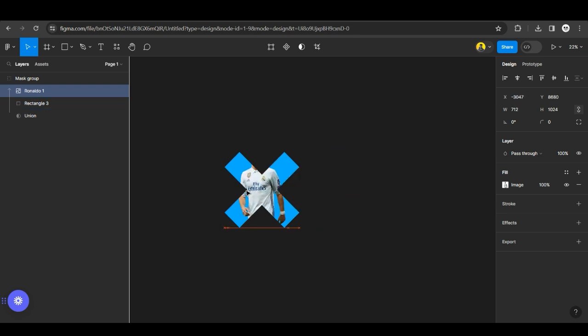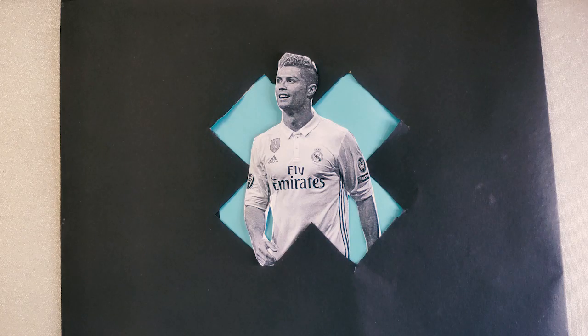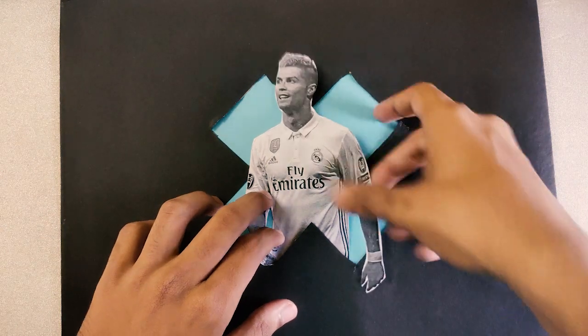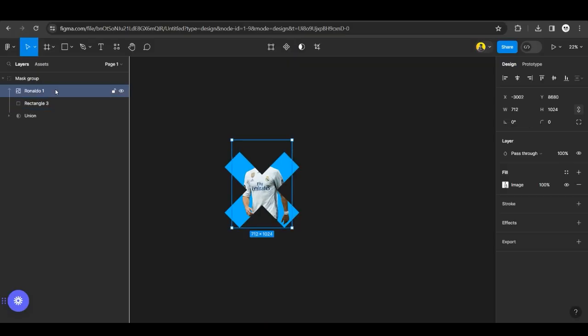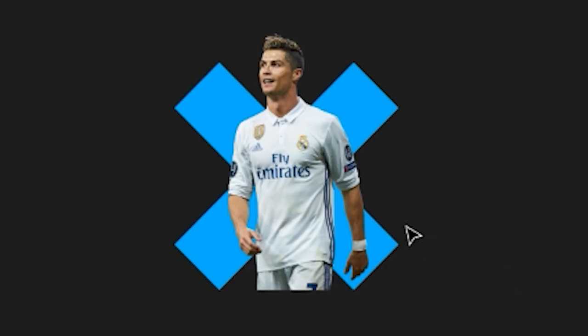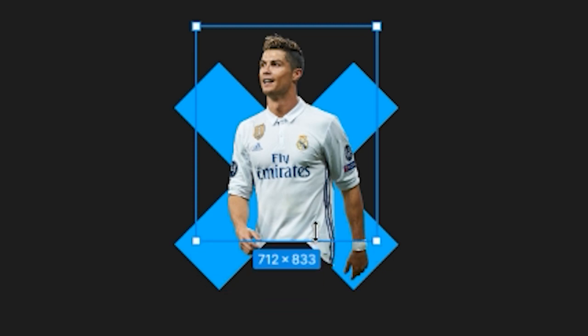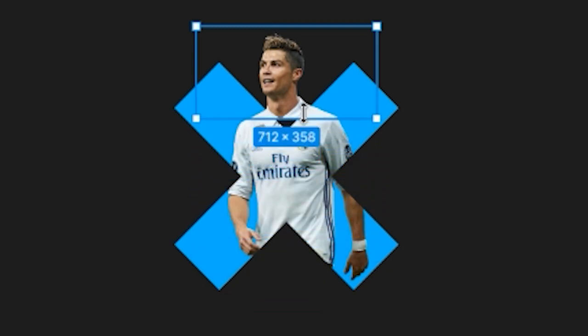Notice that you would only be able to see a portion of the image similar to when we did it using papers. But now the top portion is missing, right? We can't just take out the top portion from the mask like we did using papers. So instead, we are going to duplicate the image and we are going to bring it outside the mask layer. But now notice that the bottom portion is hanging out. Let's crop out the image by clicking on the image layer, and while pressing Ctrl, move the arrow up to crop the image till we only get the portion that we need. And that's it. We have our design.